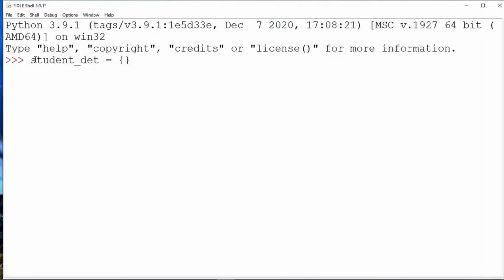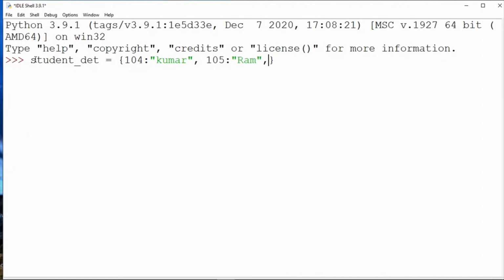So let's say we have a student ID that is 104, and the student name is Kumar, and then use a comma to separate this, and then we have another ID that is 105, and the student name is Ram.